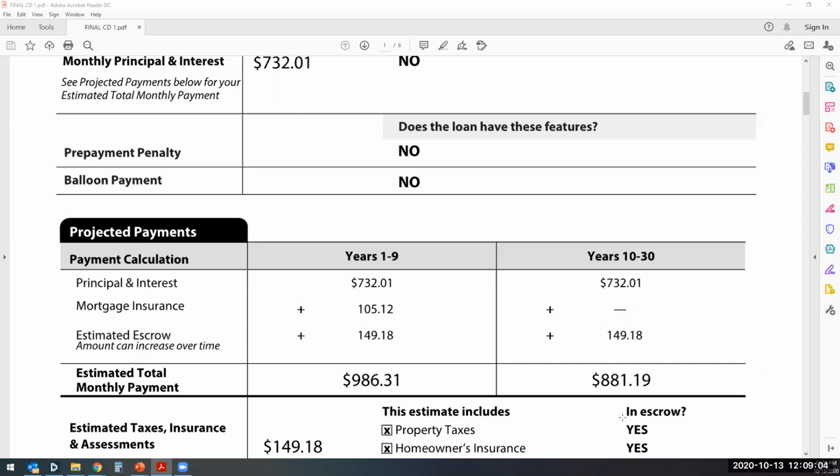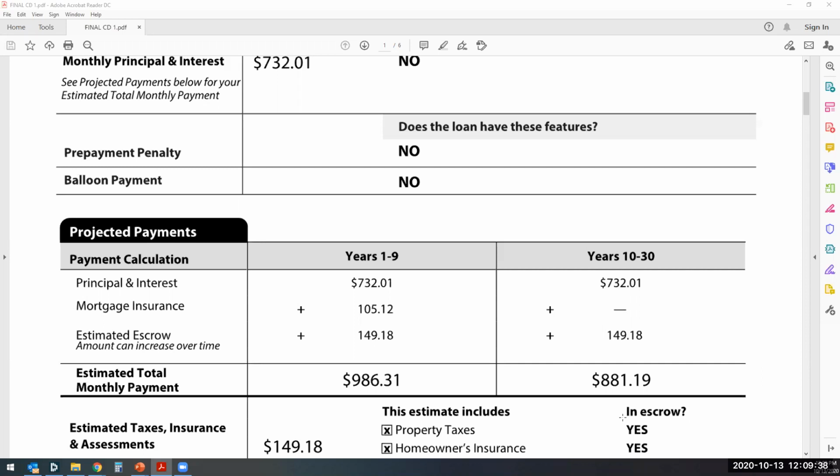Now let's talk about the mortgage insurance. Okay, the mortgage insurance is going to stay from year 1 to 9. This is a conventional loan, right? So if they pay only what they're supposed to, on year number 10, the mortgage insurance is going to fall off. Okay, but keep in mind, if they want to put extra payments toward principal, if they want to pay more toward principal, that mortgage insurance is going to be able to come off earlier. Okay, so